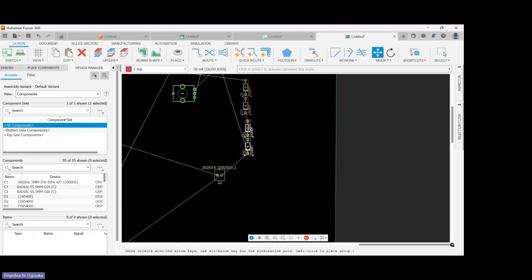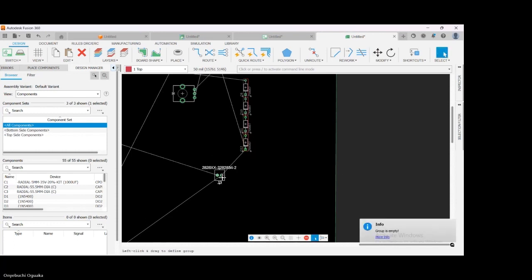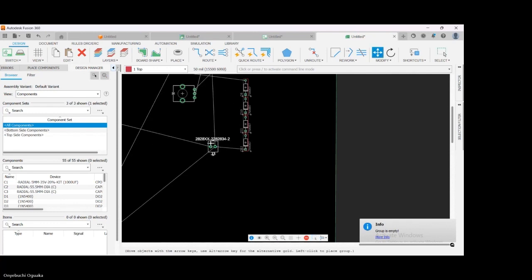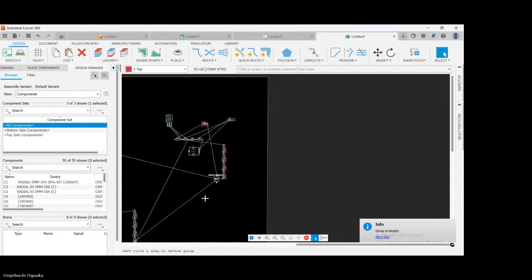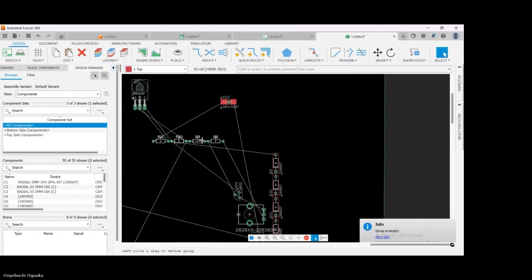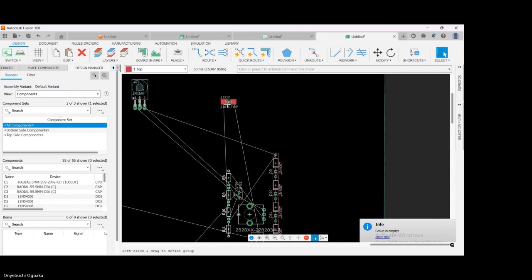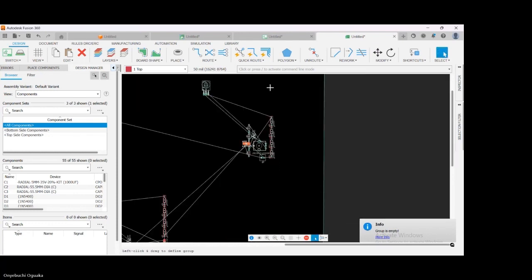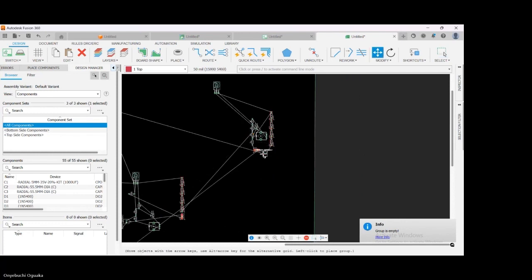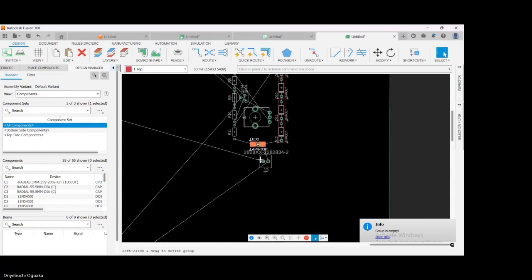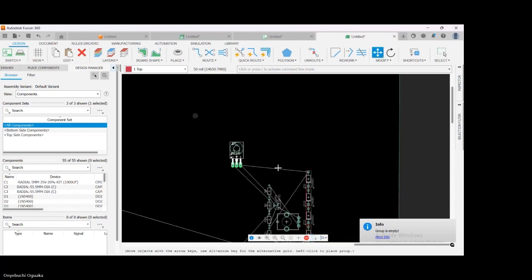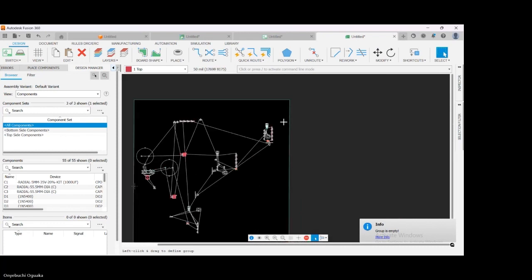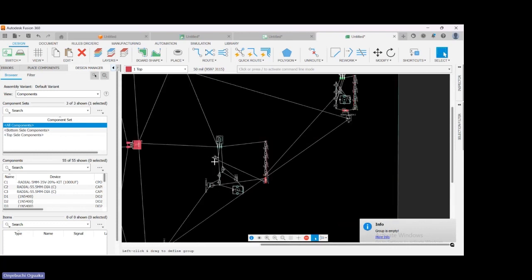I know that this is taking a bit of time, but so I'm done with this area now. Let me just get this done. Then we have to reduce our